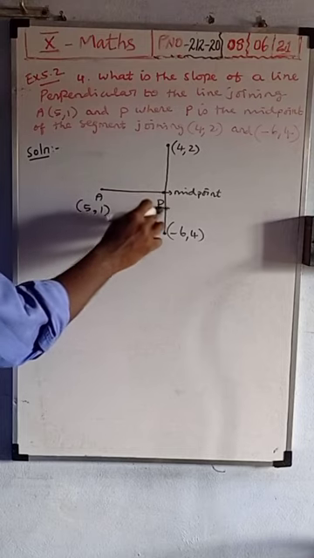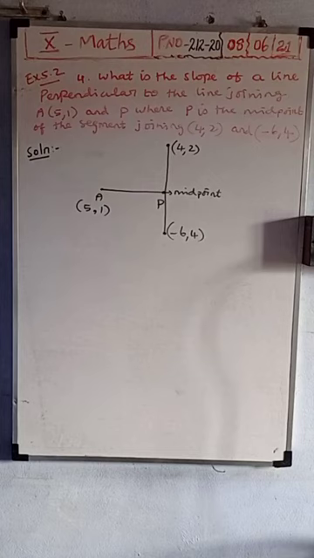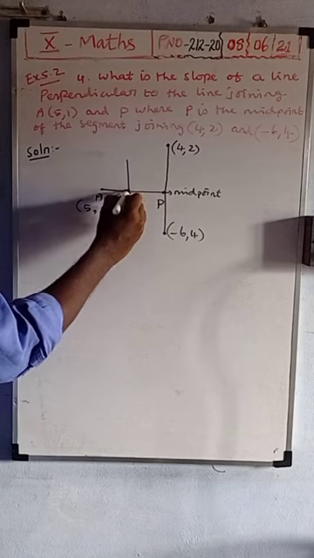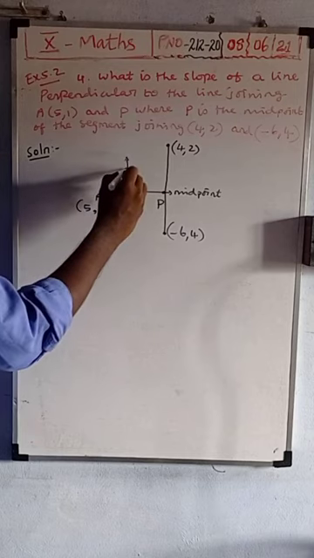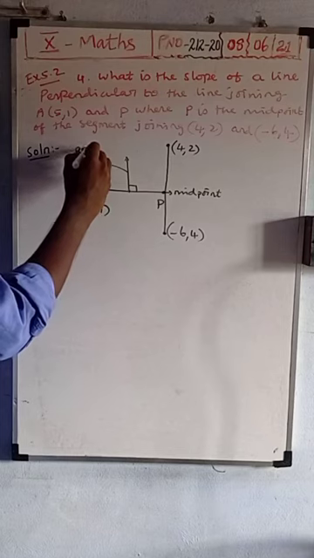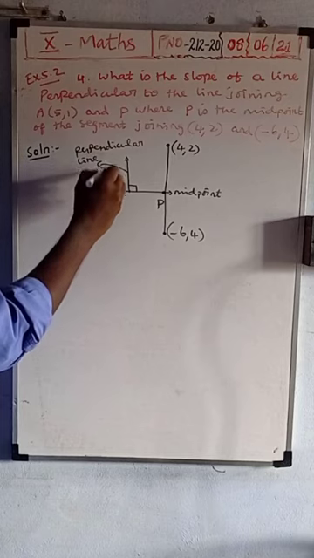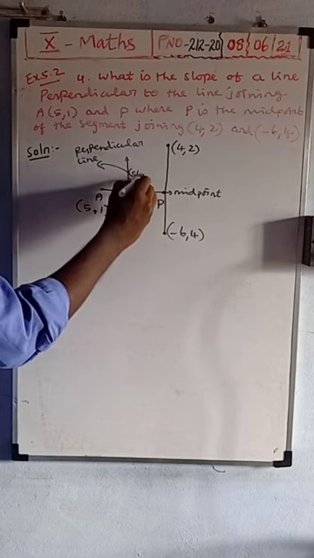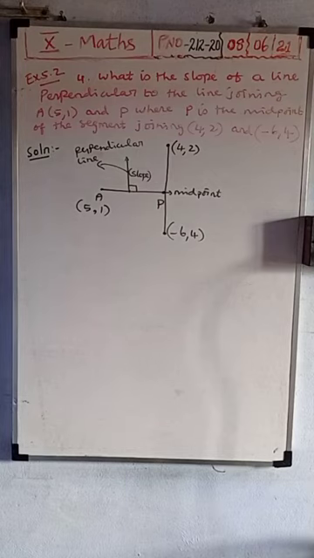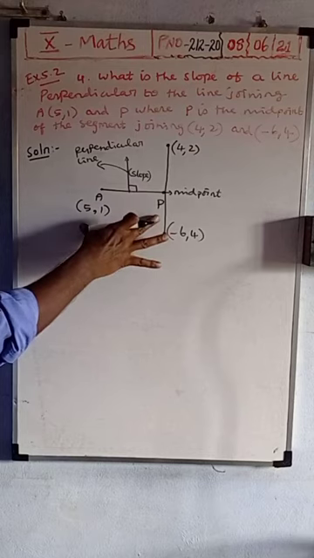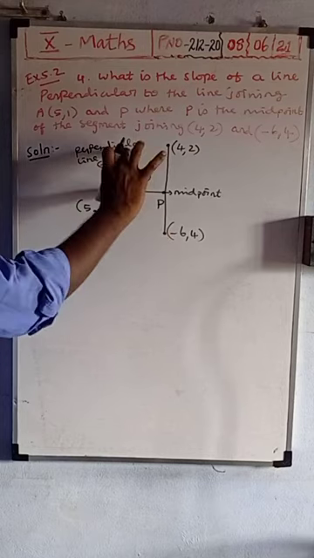So from the AP slope we want to find first. The question asks the slope of a perpendicular line. That means while joining AP we will get one more perpendicular line. This perpendicular line slope we want to find. This is the diagram. Now which one is needed? A point we know. First P point we want to find. P is the midpoint of these two points. After finding P point, slope of AP you find. AP slope find means easily we will get this slope.